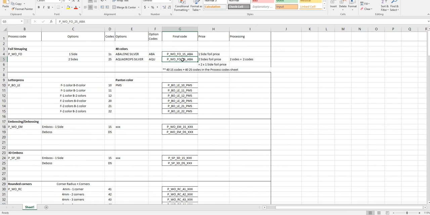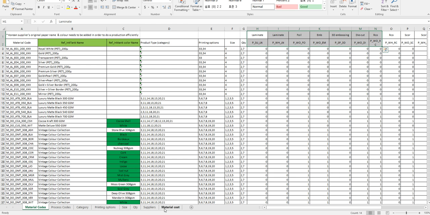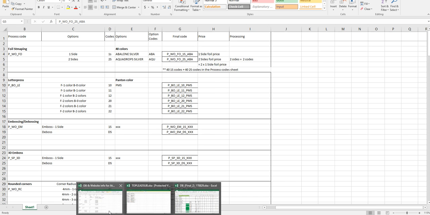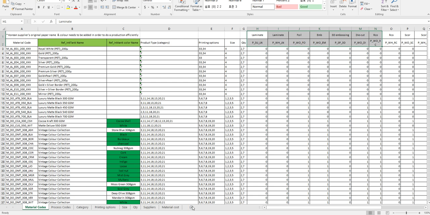Yeah. Now, with double-sided options, we have 40 colors for each side. So essentially it's 40 times 40, I think it's 1600 available combinations. Instead of me listing those out, if you want, I can provide that. But what we thought is, let me show you how we are handling the